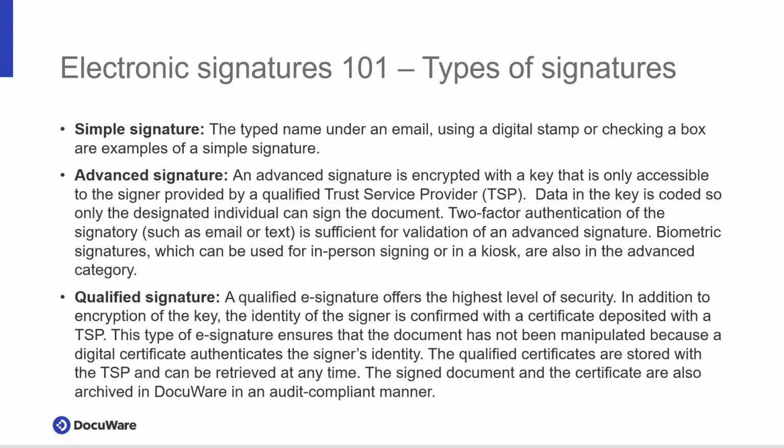Continuing on the types of signatures. Most of the signature service providers today, and specifically the two that we are integrated with, DocuSign and Validated ID, all provide some simple signature. A simple signature is basically typing the name under an email, using a digital stamp, or checking a box. There are advanced signatures, which usually involve some type of encryption, requiring a key provided by some trusted